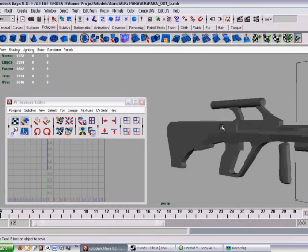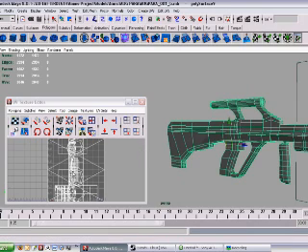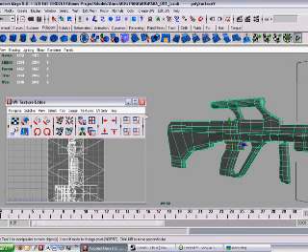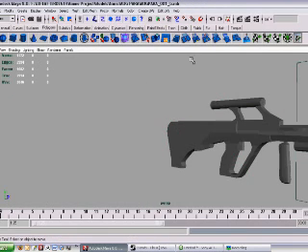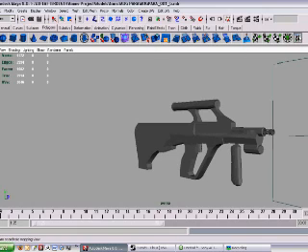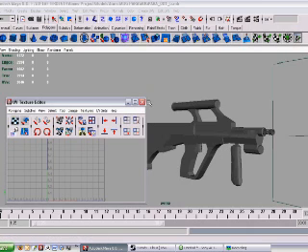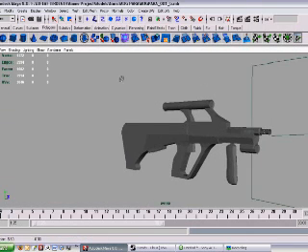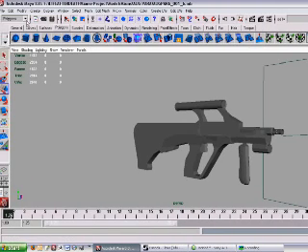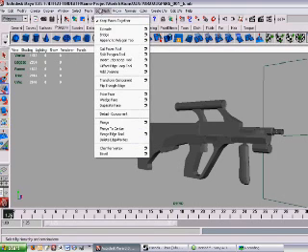So we have this gun already set up. Now it comes down to editing these UVs. I'm going to show you how you can get to the UV texture editor. There's a series of different ways you can do that. You can click on this button here, which is the texture coordinate mapping view, which will pop up the window. If you have your shelf deactivated, like I do many times, or you can't find that button, make sure first that you're underneath polygons, and then you can come up here to, I believe it's, let's see,